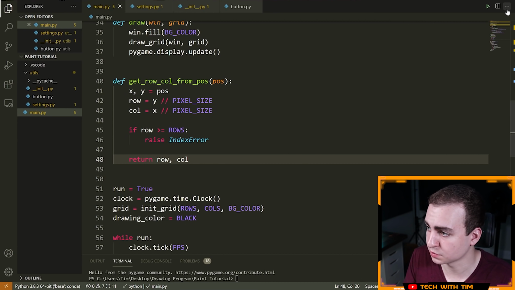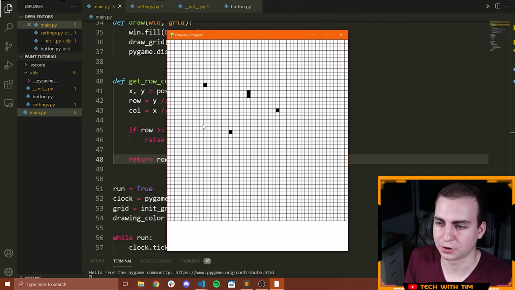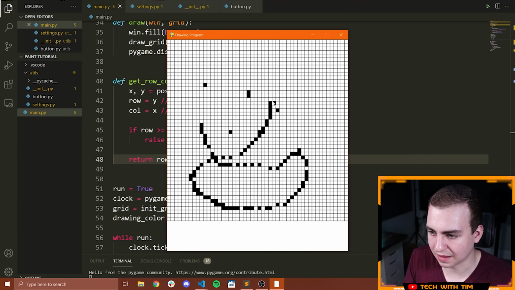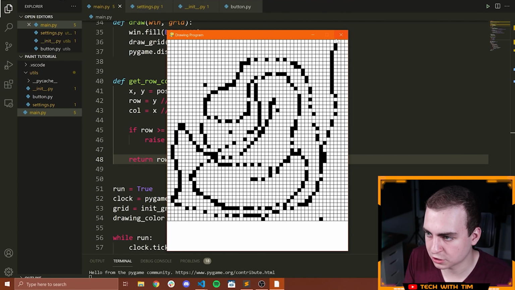It's just returning to us the wrong value. So let's try this. And now, okay, there you go. Correct. So now we're actually pressing in the right square. And what happens if we press in the toolbar? Well, obviously nothing is happening because it's raising that error, and then we're catching that error and making sure, obviously, it doesn't crash the program. Sweet. So now we can draw, right? There you go. We've got the core functionality of the app done.